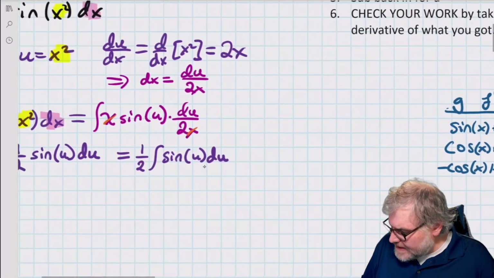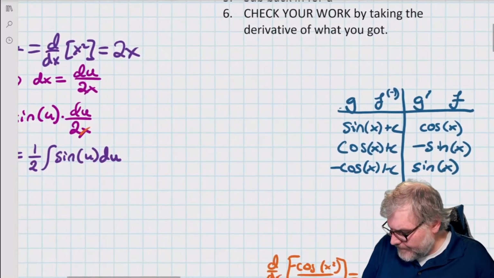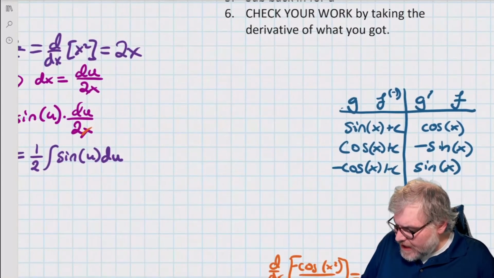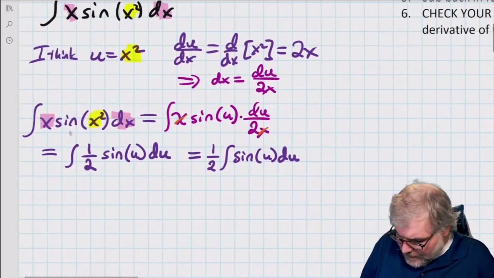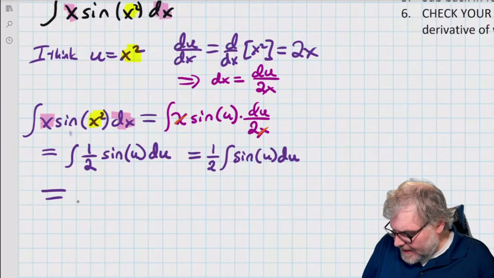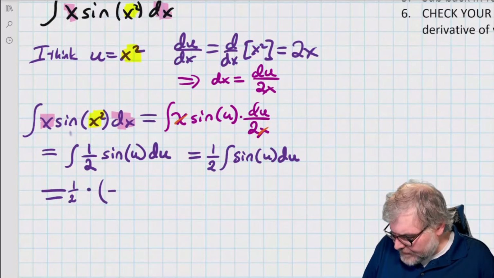So if I'm looking at sine and I want to go backwards to the antiderivative, that's going to be negative cosine of x plus c. So I look at my chart, and I've still got my 1/2, times negative cosine of u